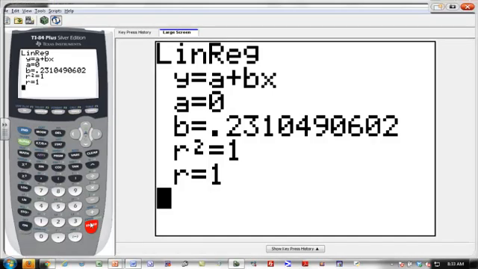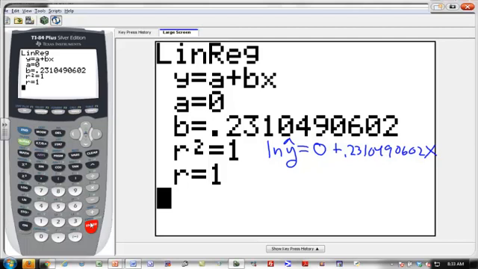If the relationship of what we had was the natural log of y equals A, which is 0, plus B, which is 2.31049062 times x. Oh, sorry, that's y hat. If I want to undo this so I can get a y hat all by itself,